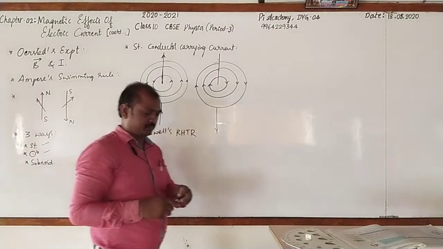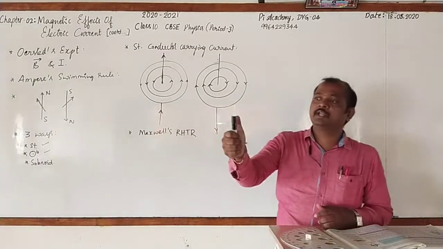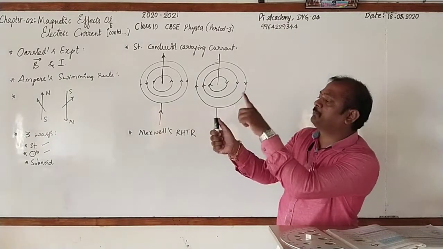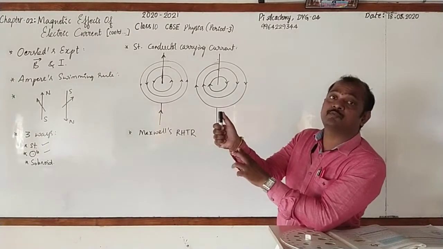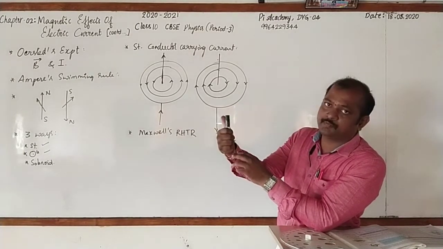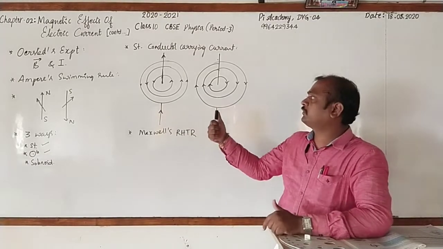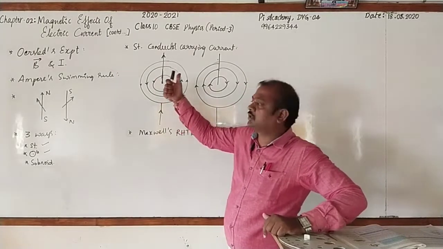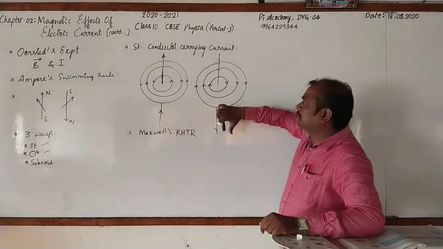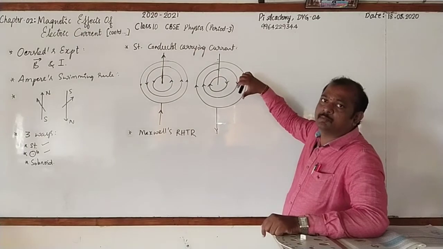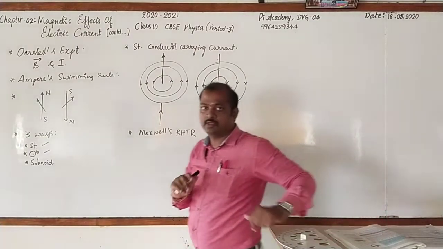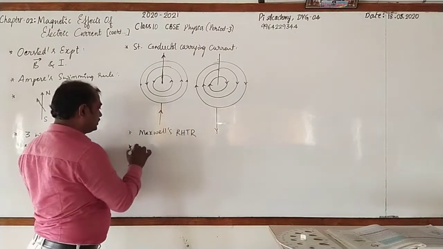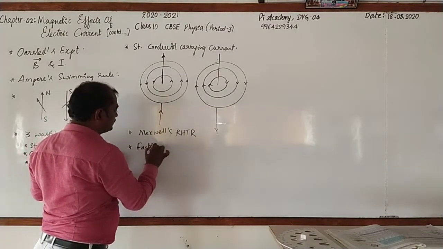According to this, imagine a man holding a straight conductor carrying current in his right hand. Then the thumb indicates the direction of flow of current. Encircled fingers indicate the direction of lines of force. See that the current is flowing upward, it is anti-clockwise. Current is flowing downward, therefore the direction of lines of force will be clockwise. Clear? Not only this, even we come across one more important point, that is the factors on which the